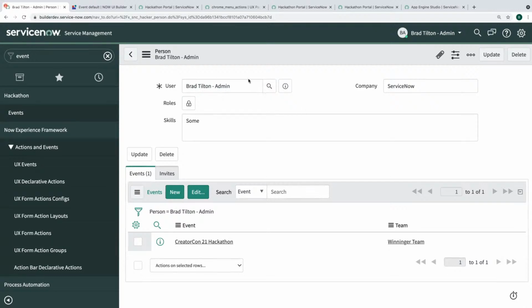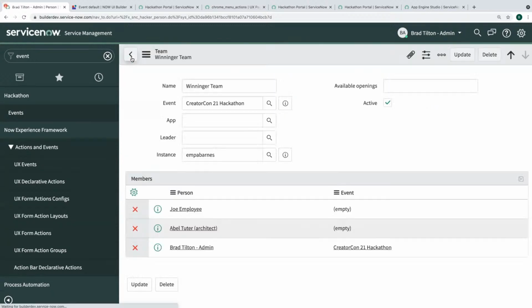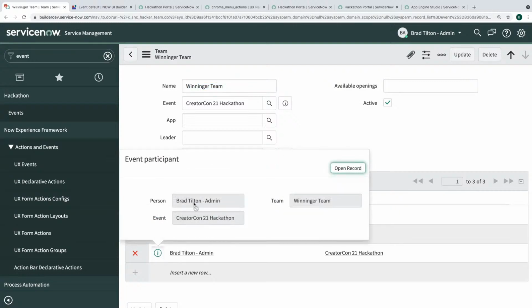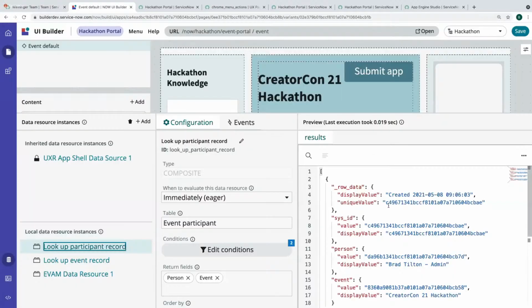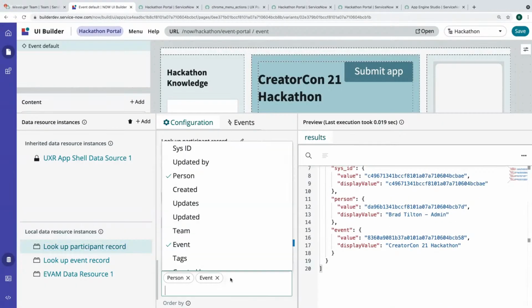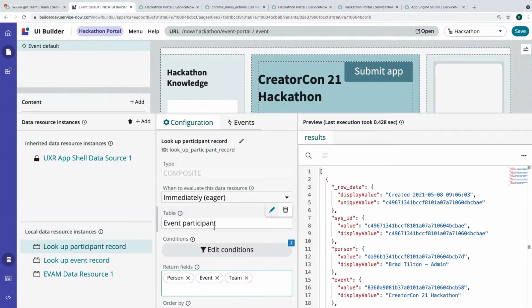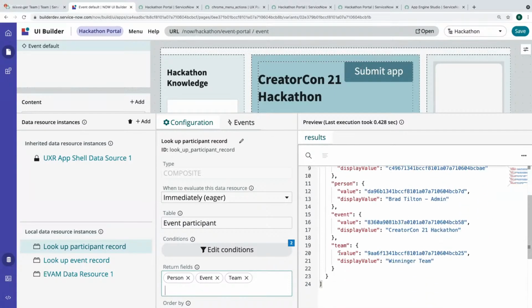So I know what this record is, and then I can use that to get this team record by looking at this related list, I guess, of this M2M event participant. Oh, do I already have team in there? Can we get team? Yes. All right. So I have the team.